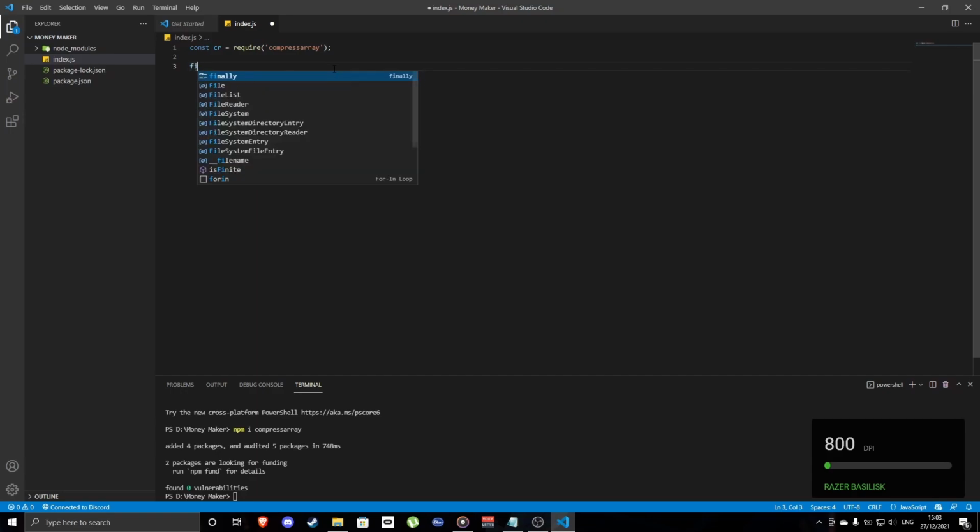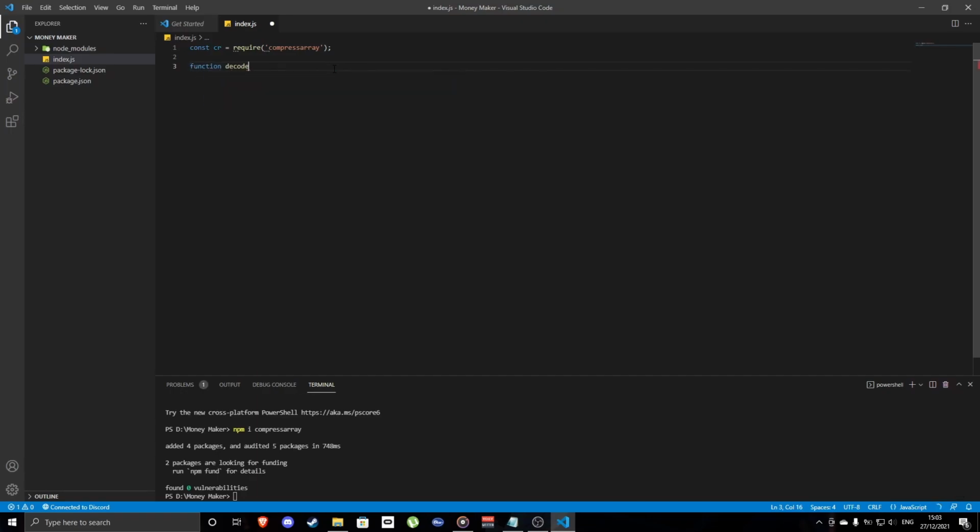and then we're going to want to create a function to decode from the database, so you can then get infinite money basically. In short, it's very complicated, but